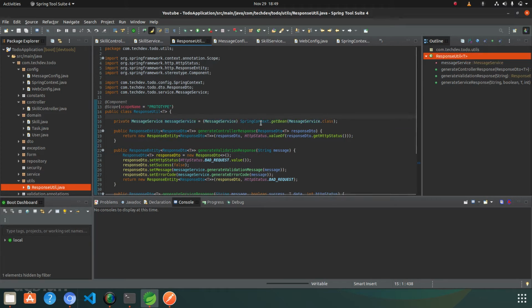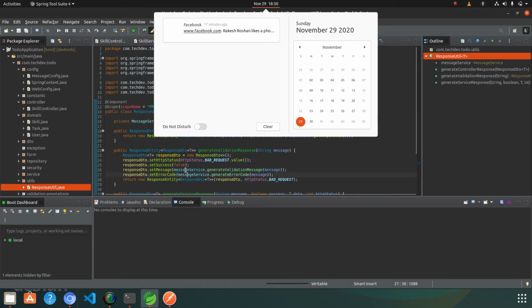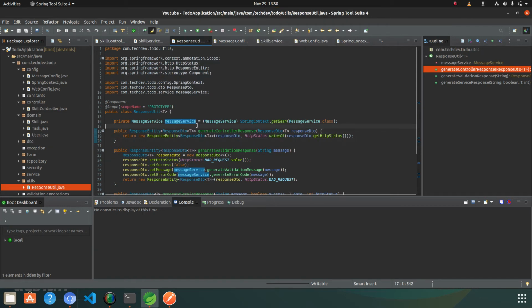What actually happened is that if you are providing the scope as prototype here, then it means a normal bean, not the Spring bean, and in that we want to take the object from the Spring bean.